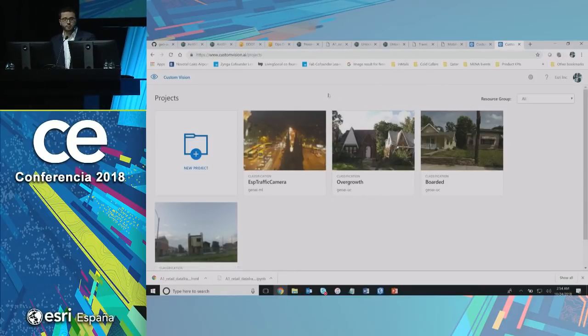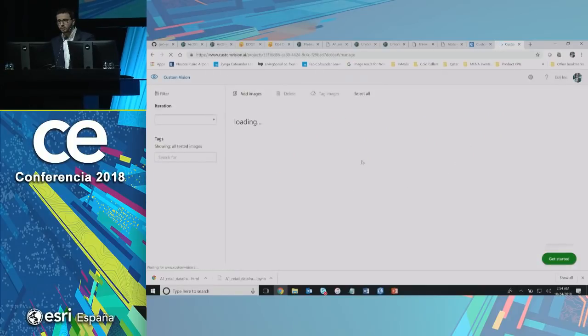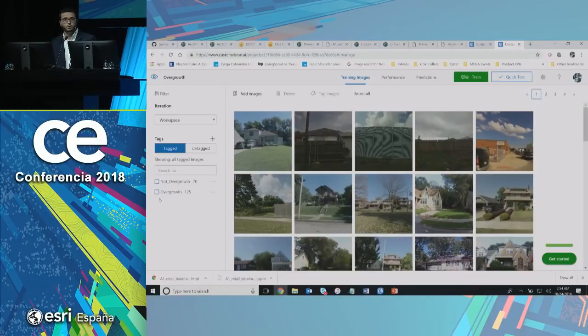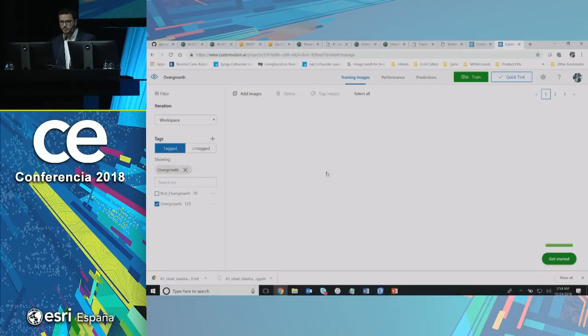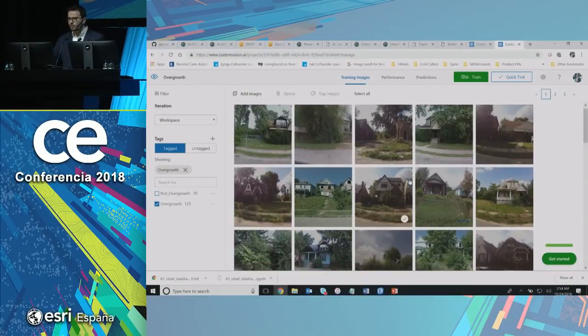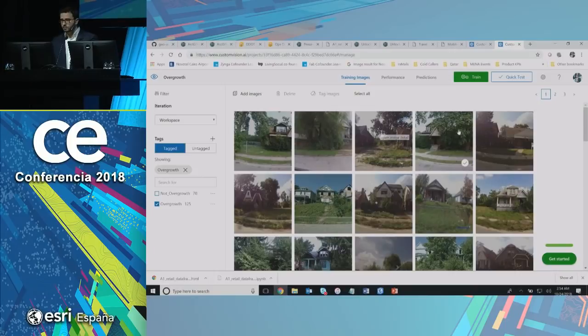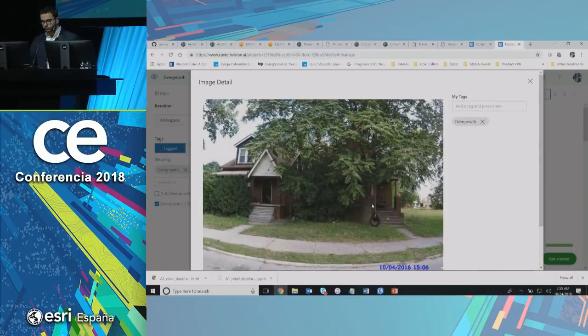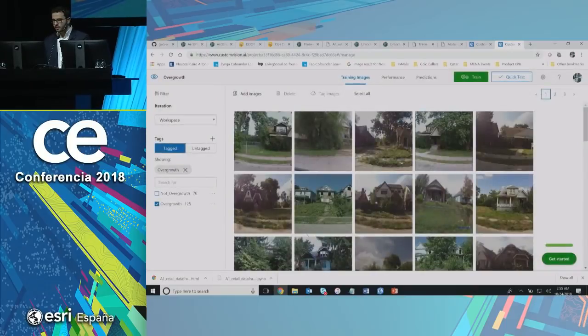So we went to the Custom Vision Service and started training a deep learning model. The way this works is you just upload a bunch of labeled data for houses, not necessarily huge. For example, here we have a lot of houses that have overgrowth. As you can see, obviously, this house has overgrowth of trees and some plants.